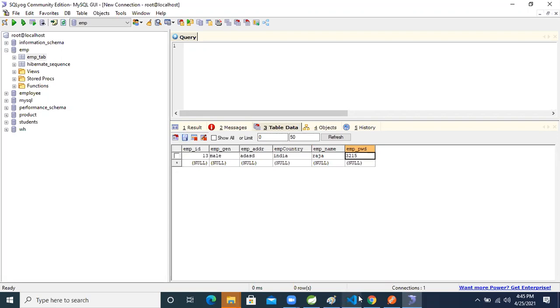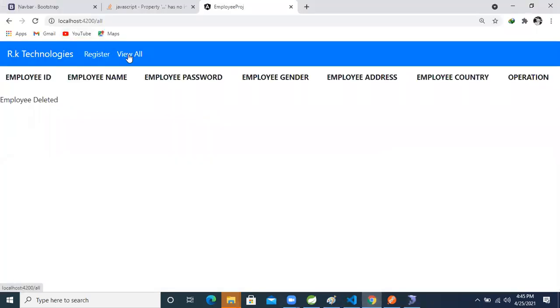Now save it. Come to the browser and just click on the view button. Register is there, click on view. See, one record is coming in the downside, right?